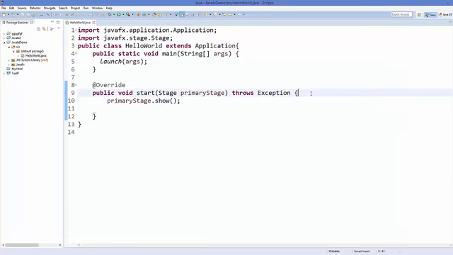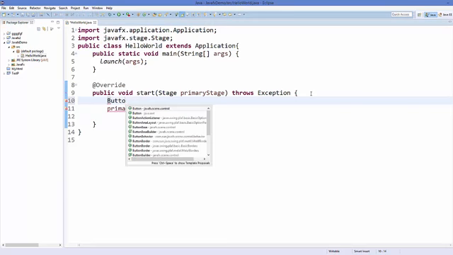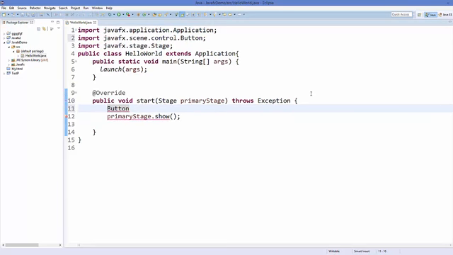For example, I want to add a button inside the stage. So I will add a button by calling this Button class, and I will name it as btn is equal to new Button. And to this button I can give an initial text inside the constructor, for example "click me",